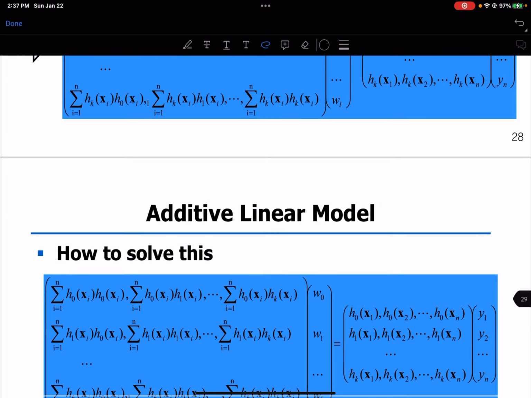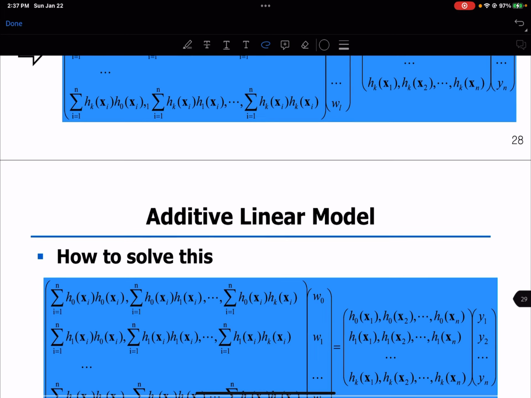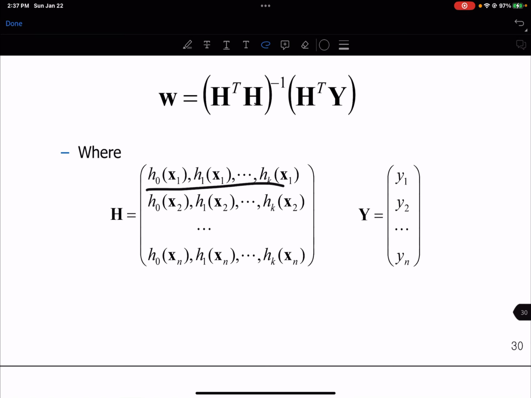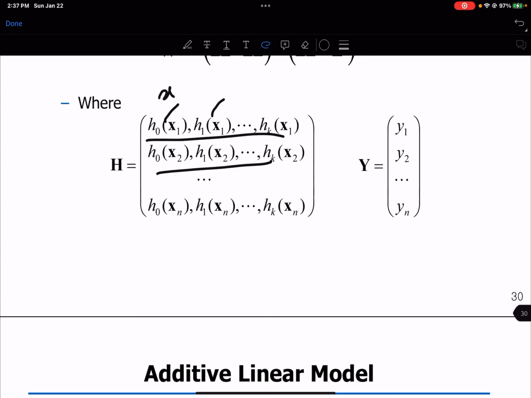Replace your x with h, function of x, h(x). And then using the generalized inverse, we can find the value of regression coefficients, w. It can be represented, first we have x0, now in the h function we have a function, each of them, this is x, this is sine of x, maybe this is x square, x cube, so each